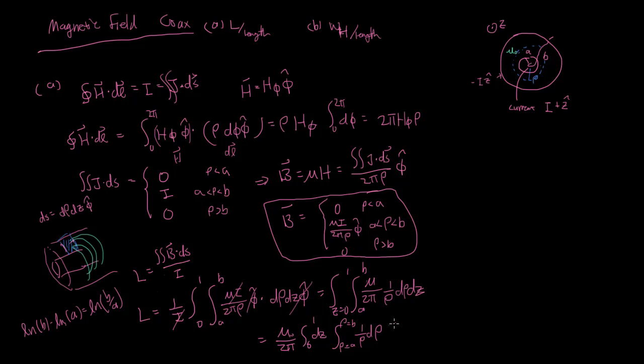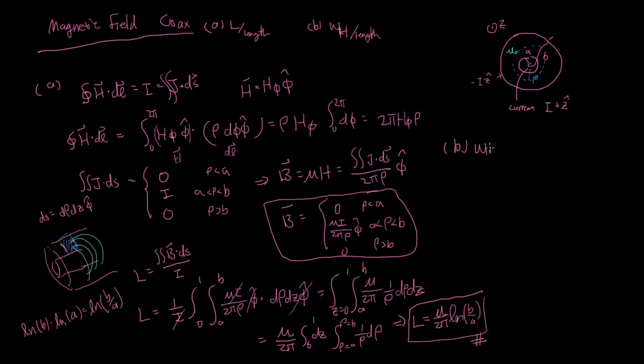So plugging that in, we have that the inductance per unit length is going to be equal to mu over 2 pi natural log of B over A. And this should be an expression that you can find in the text in the transmission line portion of our discussion for coaxial lines. And then separately, so we're mostly there, we also wanted to find the total amount of